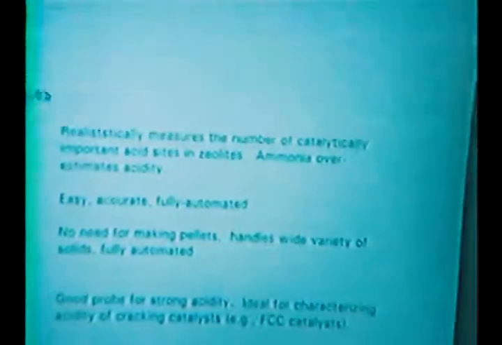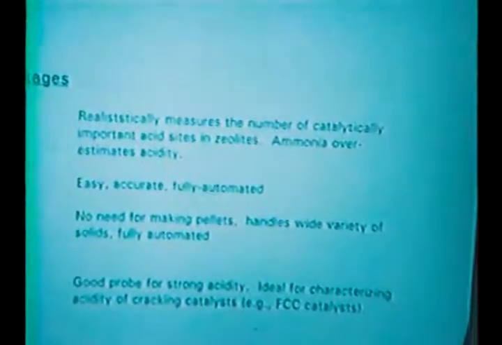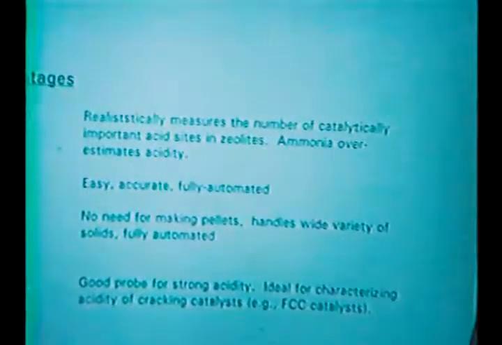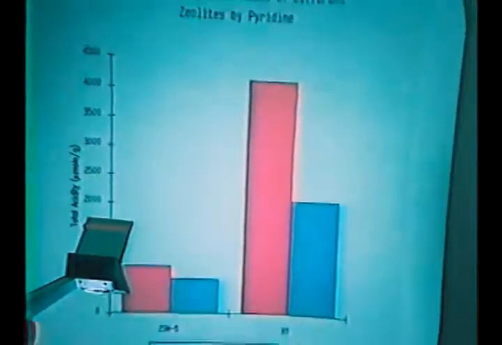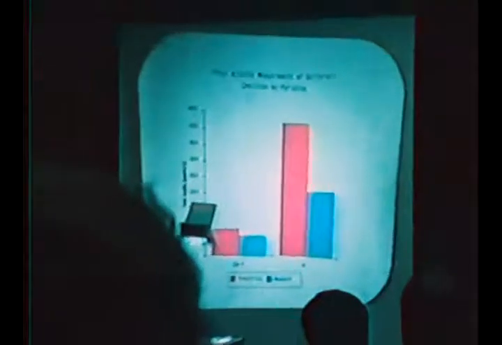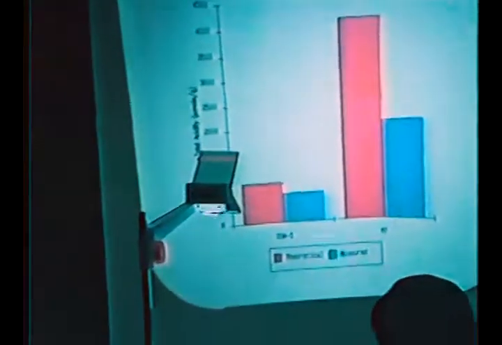There are several advantages to these combination methods. First of all, the choice of pyridine, I think, is a good choice because it realistically measures the number of catalytically important sites. I'd like to go into more detail with regards to that, to justify that. And what we have done here is we've calculated the total number of exchange sites on the